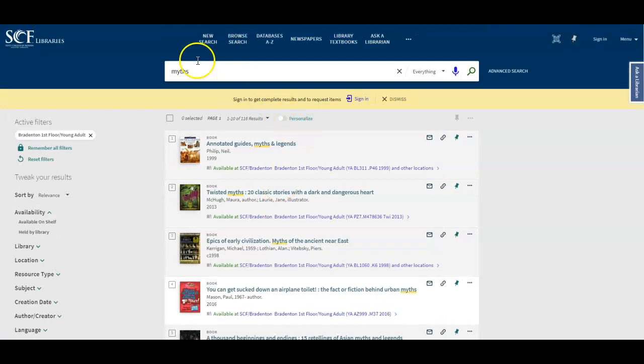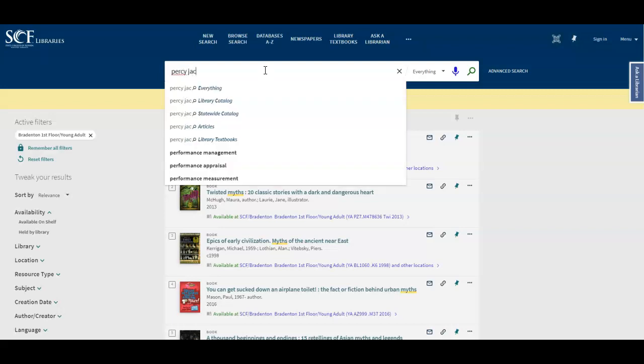So there are multiple ways to search using this bar. The quick search bar, you can look for titles. So if you were to say Percy Jackson,